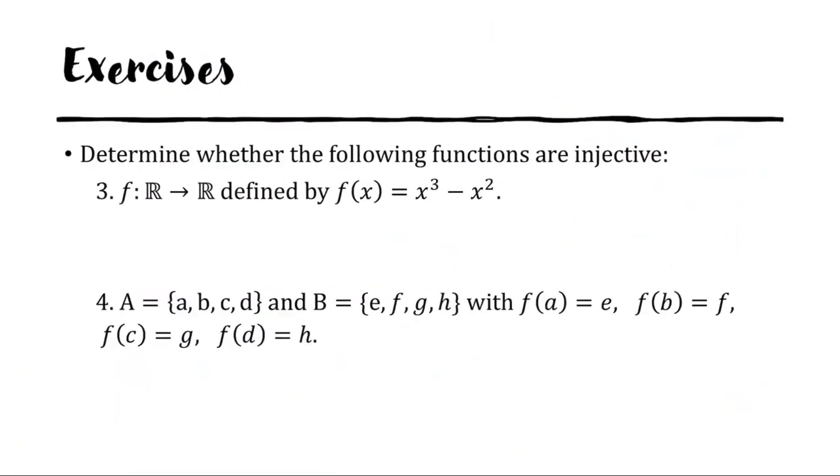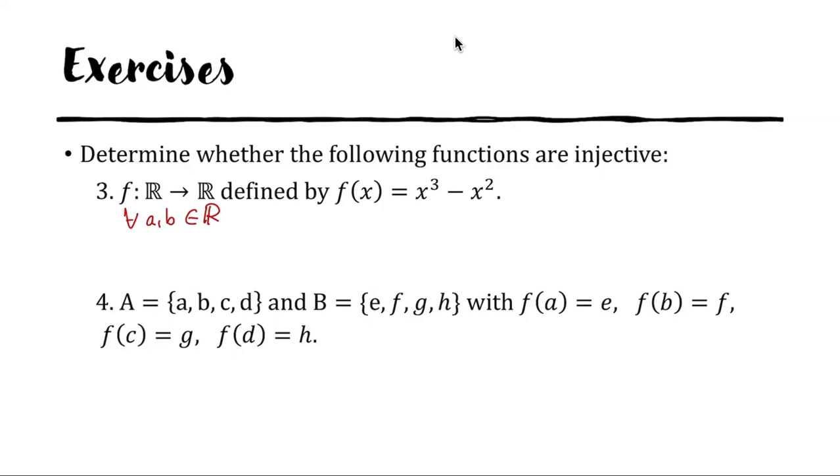Now let's look at these two examples here. Is f(x) equals x cubed minus x squared an injective function? Again, to show this is an injective function, we need to show that for all a and b in the input set, which is the set of real numbers,